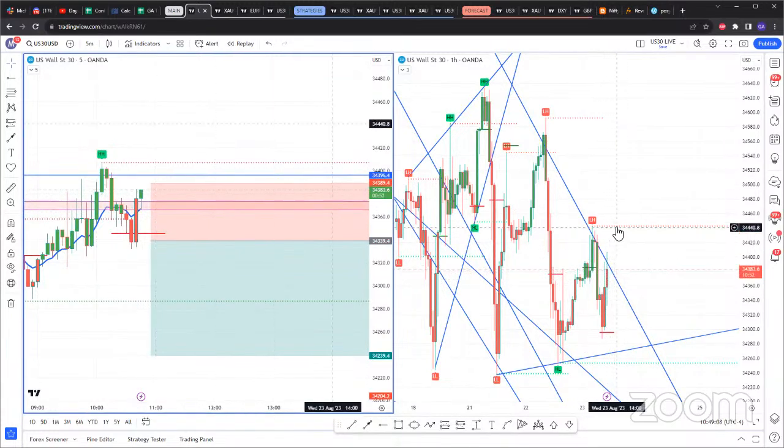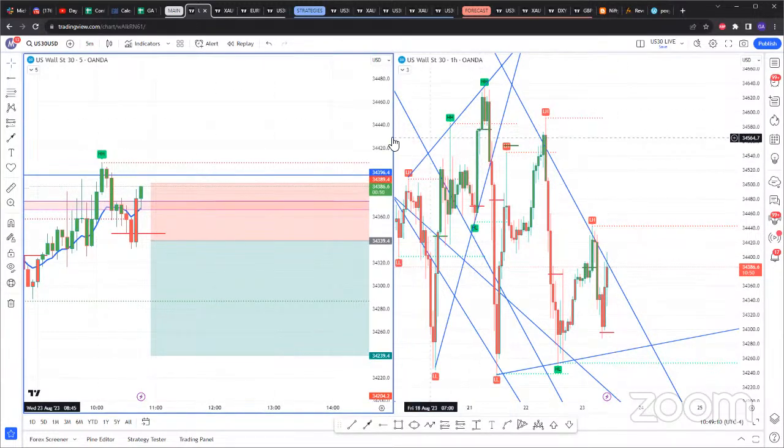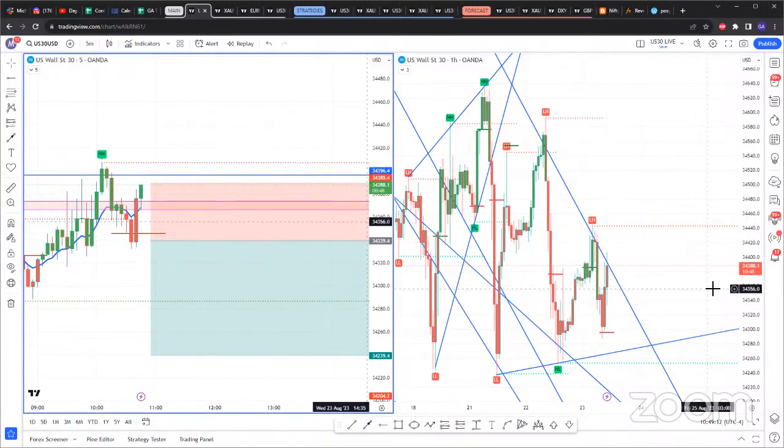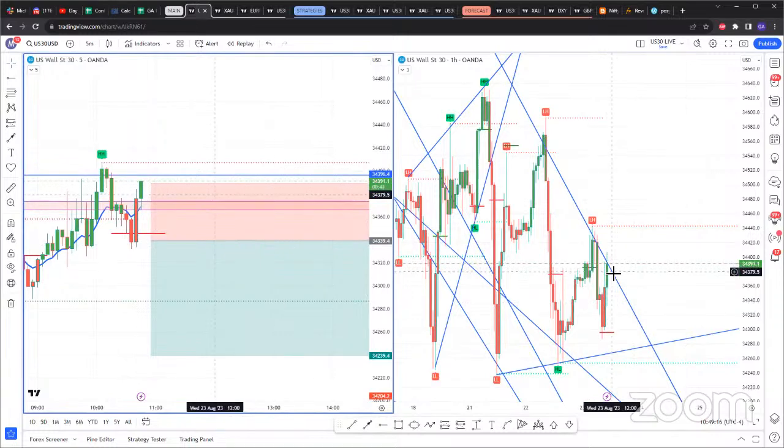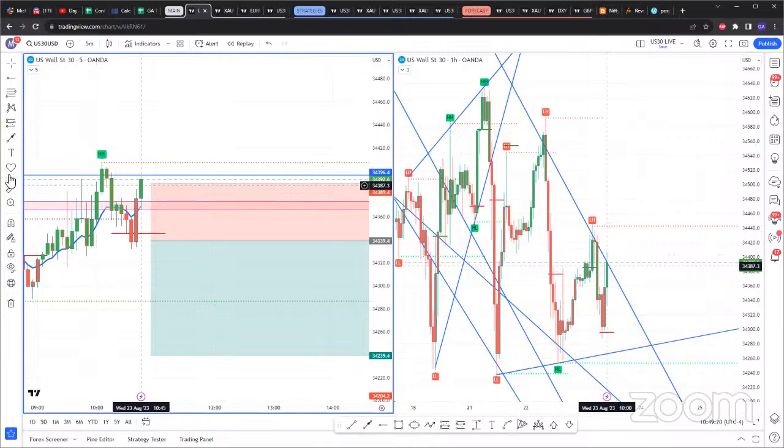If it pumps up here, personally, I'll, of course, hit stop loss. But for you guys, if you're still waiting on this 5-minute, you won't have hit any loss for the day and you'll just be at 0 for the day. So that's the importance of just waiting for confluences to happen.